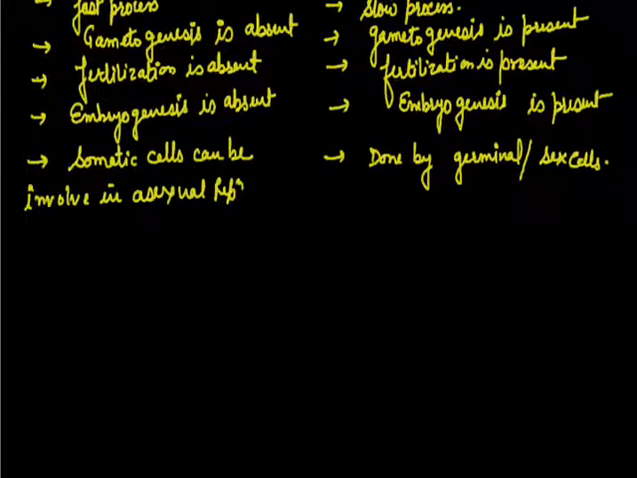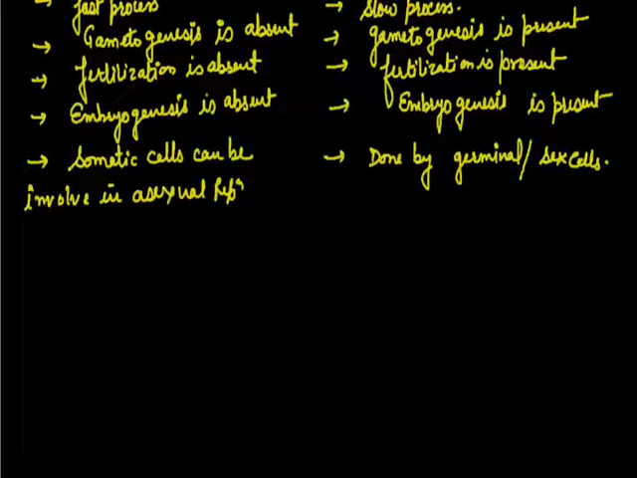Sometimes it is also told by teachers that asexual reproduction takes place in small or lower organisms, while sexual reproduction is very common in higher organisms. But actually, asexual reproduction as vegetative propagation can also be done in higher plants. So apart from all these points,